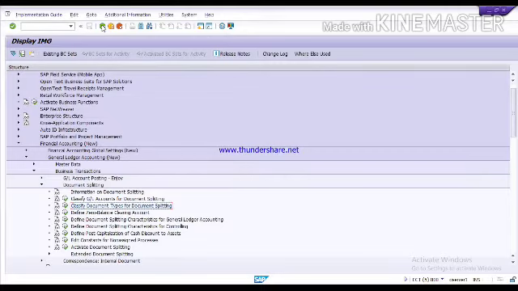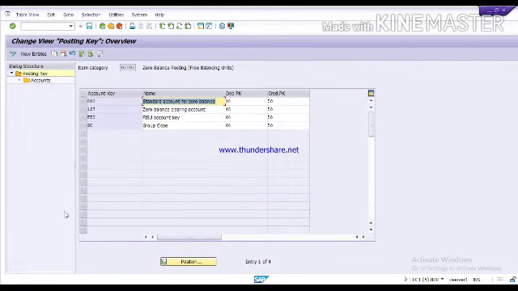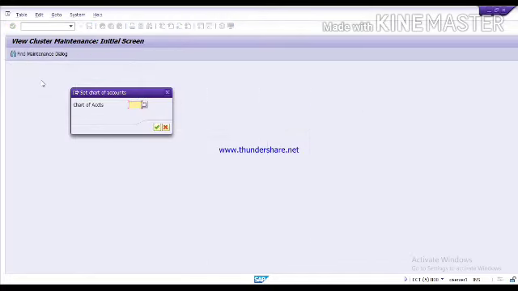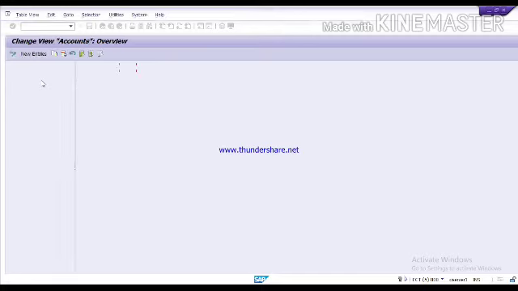Now next step is define zero balance clearing account. Execute it. In this step, you may create a new entry, and here is the standard account for zero balance. So you can just select this and take the reference of this and click on this accounts. Double click on this accounts, give your chart of account. Our chart of account is startup.